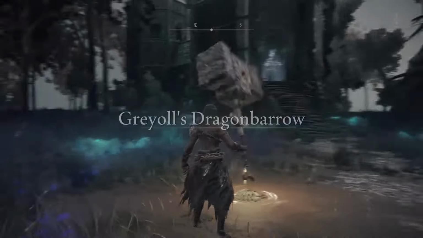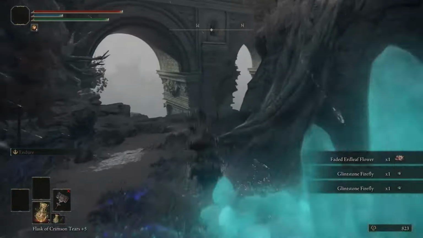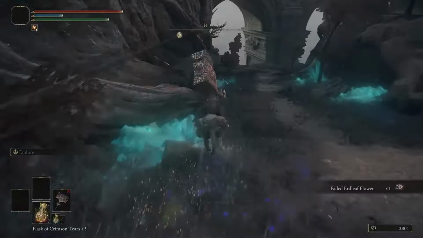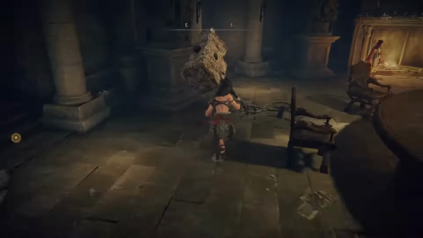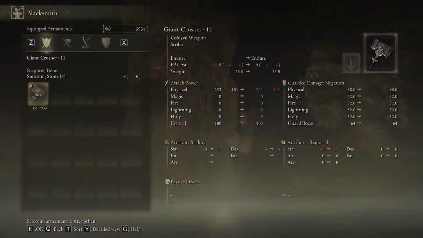So we're gonna run just northwest of here, and once you get right over this rock here, a ball spawns, you run away, it crushes that poor deer every time, and you get an easy 2,000 runes. You can go to the map, teleport back, and just do that over and over again until you have 23,000 or more. And now that you have your weapon at plus 12, if you'd like, you can go to the